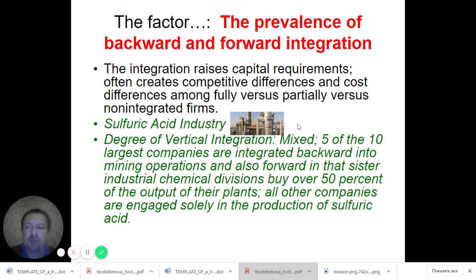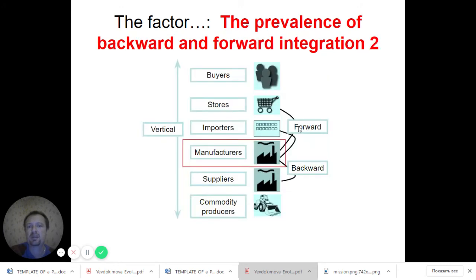The next point which must be described is prevalence of backward and forward integration. Generally, integration means that a company merges its suppliers or its intermediaries. Here is the general picture of